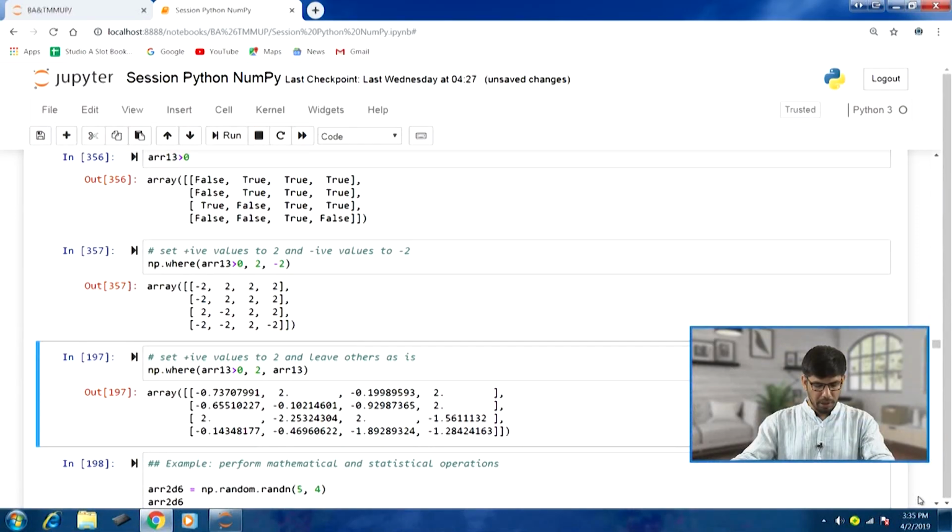Now let us take another example. This time we will set positive values to 2 and leave others as is. So in the np.where function, the first argument is array 13 greater than 0. Any value which is positive, which is true, we will assign 2, and otherwise we will keep the original value. So you can see array 13, we have indicated the original array to tell the function that it will keep the value as is. So if I run this,